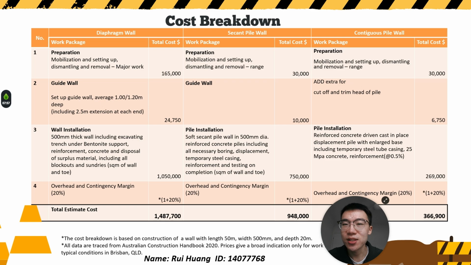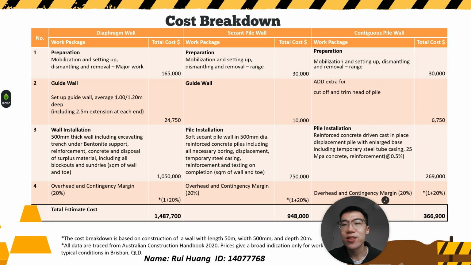Finally, for the contiguous pile wall, preparation is again $30,000. An additional $6,750 is included for cutting and trimming the pile heads. The main pile installation, involving reinforced concrete piles with enlarged bases, casing, and reinforcement at 0.5%, comes to $269,000. Again, a 20% overhead and contingency margin is applied. So the total estimated cost for the contiguous pile wall is